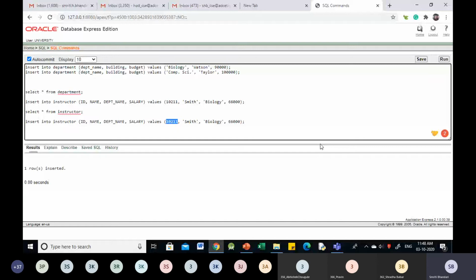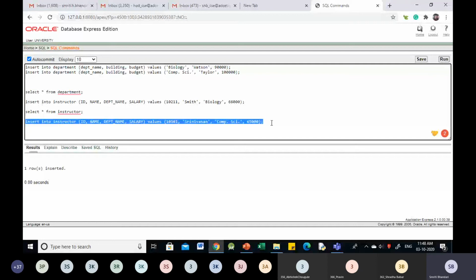So insert into instructor, and let us provide the values for the new instructor: 10101, Srinivasan. I'm using the same data that is provided in our textbook so that we will not have any confusion, because we would like to execute further queries. And suppose the salary is 65,000. So I'm having now this new instructor to be added into instructor table.